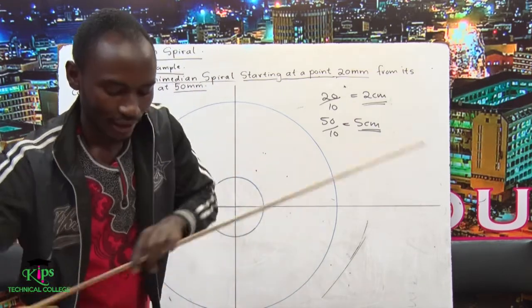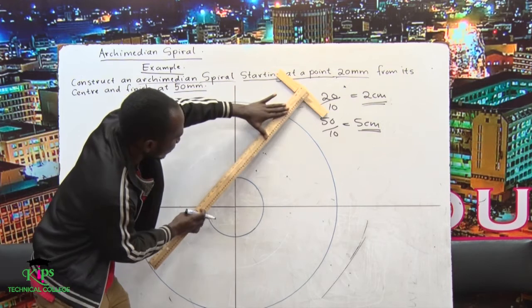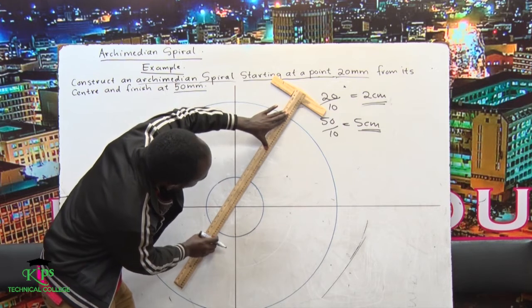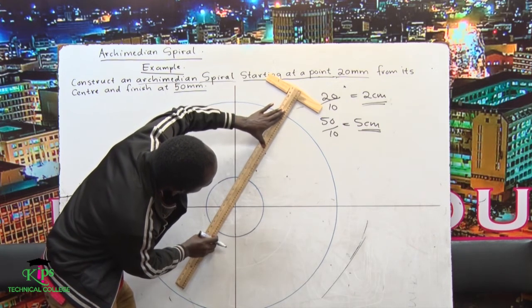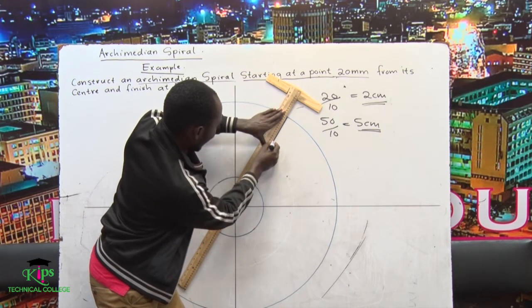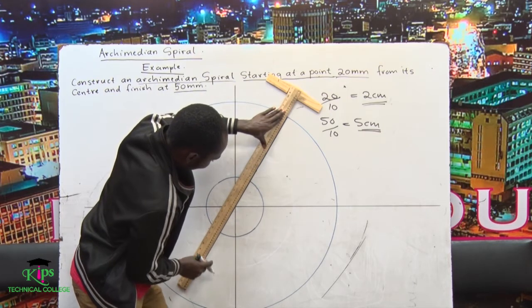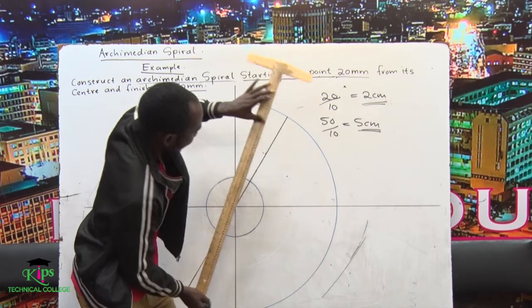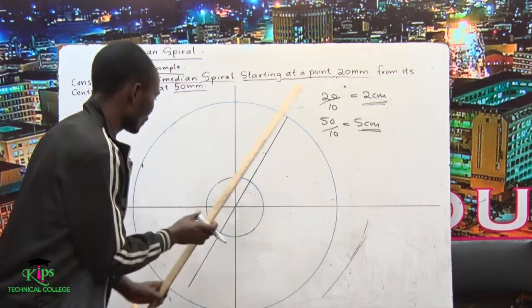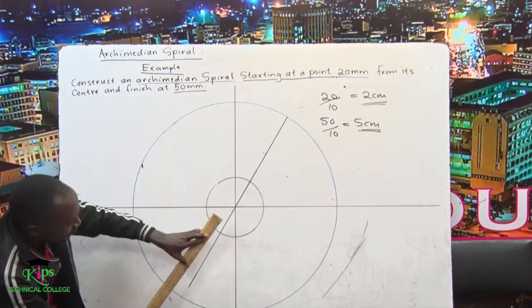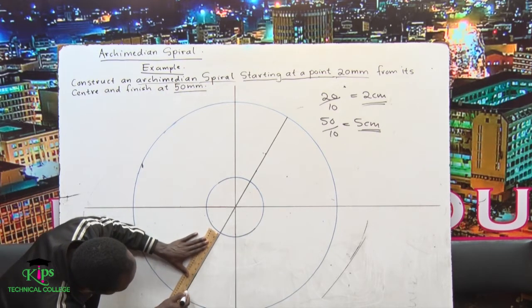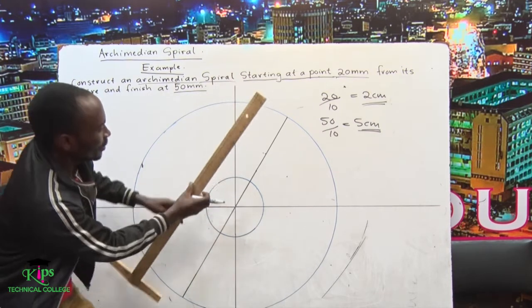So now, we'll take my ruler, like this. Like that. Again, draw another